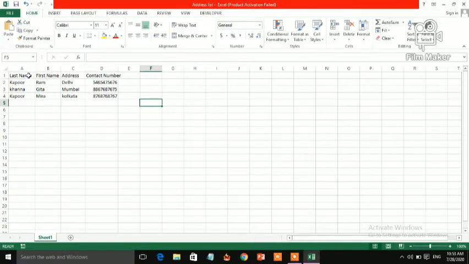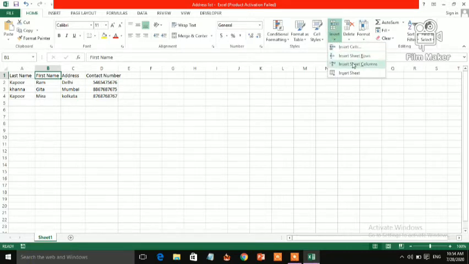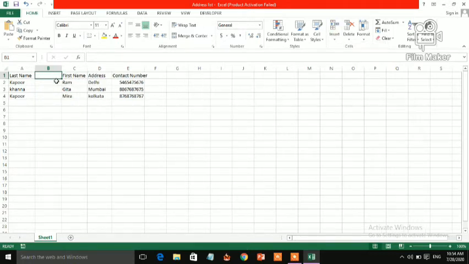You can see on your screen I have written some data: first name, last name. If you want to insert a cell, column or row, how can we do it? It is in the Cells group, under the Home tab. In the Cells group, Insert and Delete are there. If you want to insert, click on Insert. You can see Insert Sheet Columns and Insert Sheet Rows. Here one new column has been inserted.